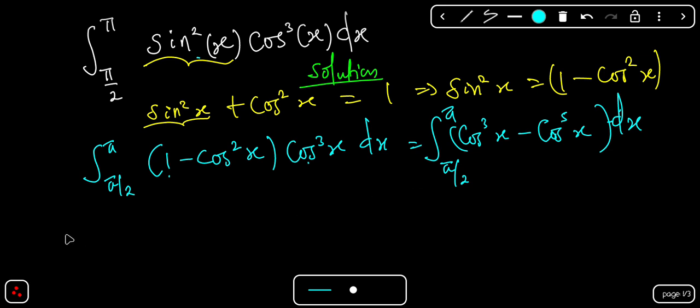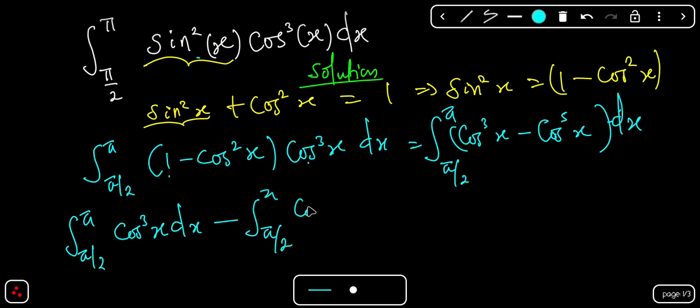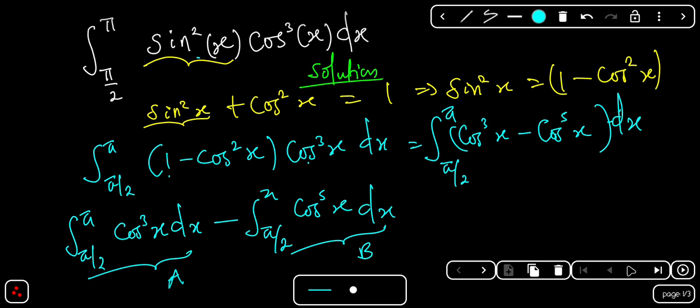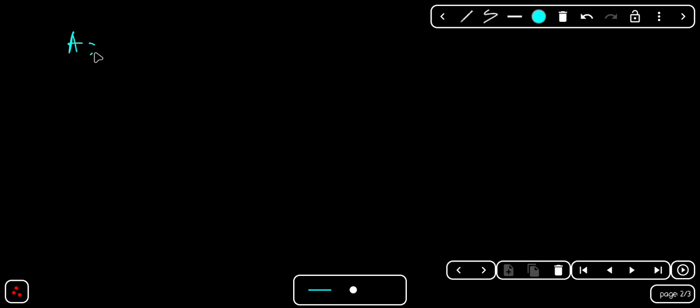If you apply linearity, we are going to have the integral from pi over 2 to pi of cos³x dx, then minus the integral from pi over 2 to pi of cos⁵x dx. Alright, so we can call this integral A, and we call this integral B. Alright, so let's solve for integral A. So integral A, which is the integral from pi over 2 to pi of cos³x